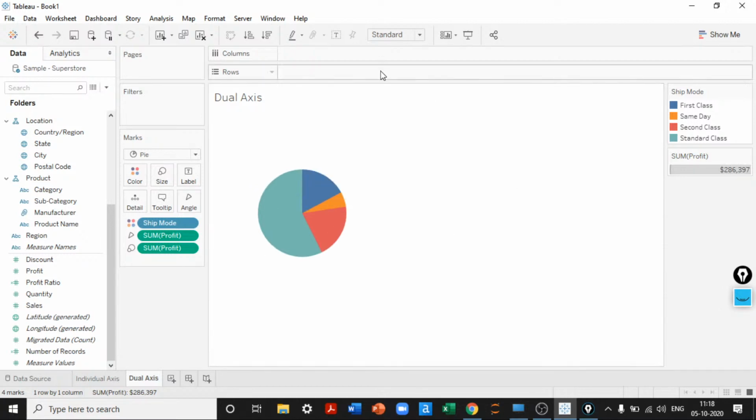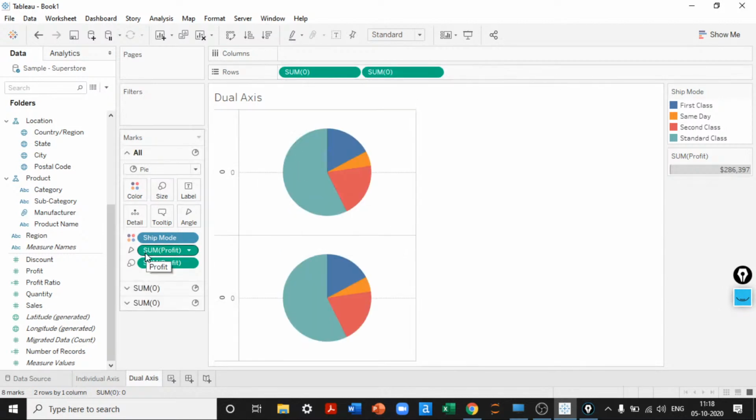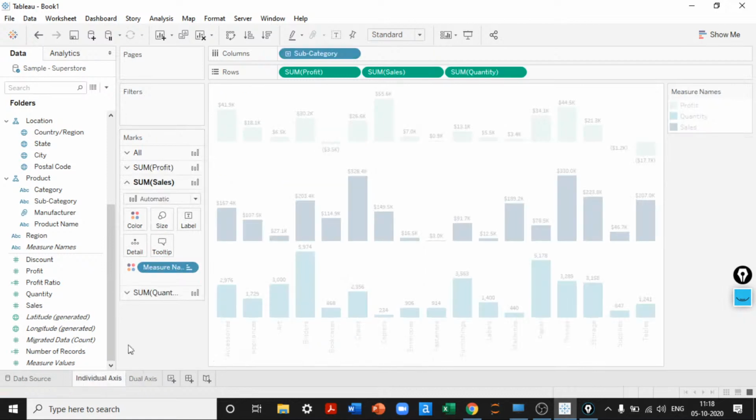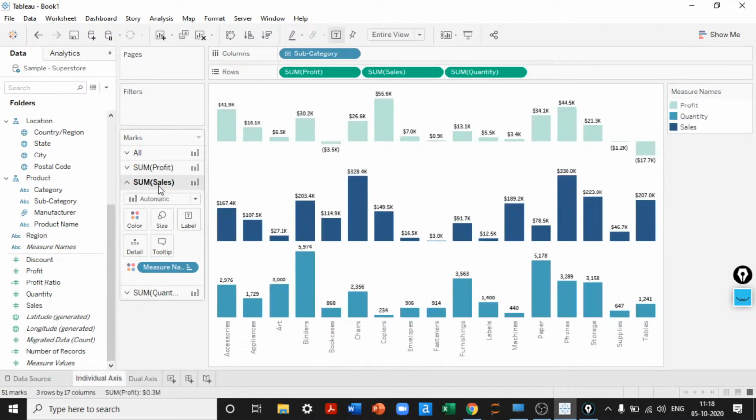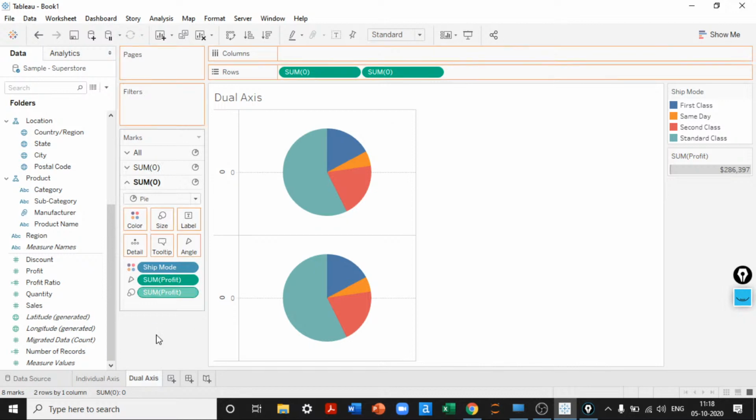Then what I'll do is I'll duplicate this chart by double clicking on the empty row pill and adding 0 twice. Once I add it, it actually duplicates the chart. See here also we will have 2 different mark shelf. In the previous case we had 3 different mark shelf, one for profit, one for sales and one for quantity. Whereas in dual axis we are having 2 different axes. So I'll go to second mark shelf, remove all the elements that are there here,